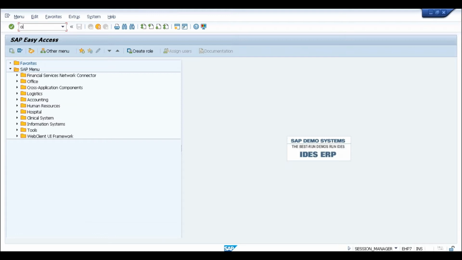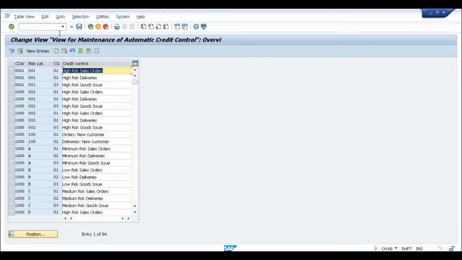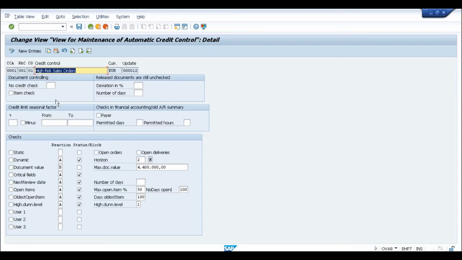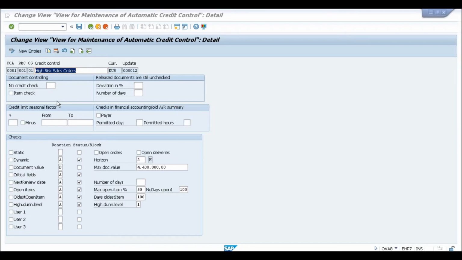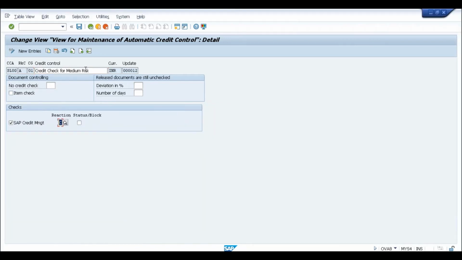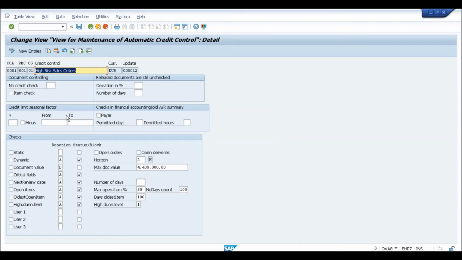Okay, this is the ECC system. So if I go to transaction OVA8, which is used for automatic credit control, and here I see how it is defined. If you compare this with this particular screen, you can see this part, from till here, till this number of days, is the same, after which